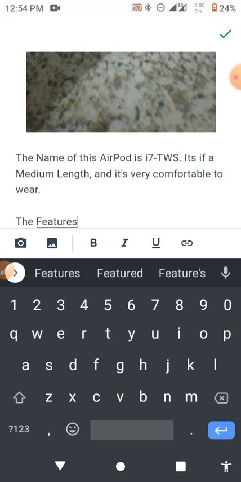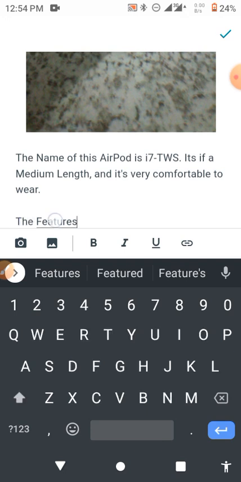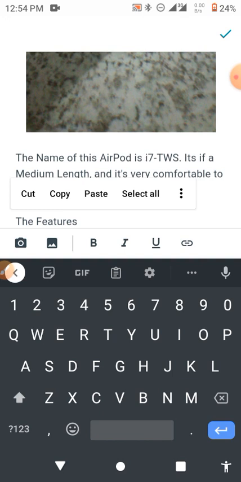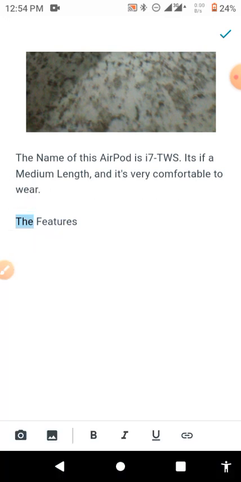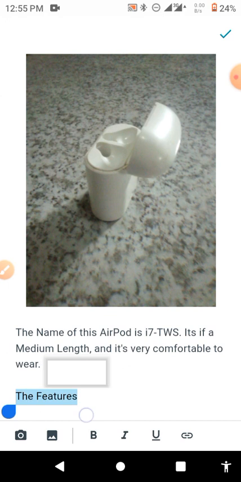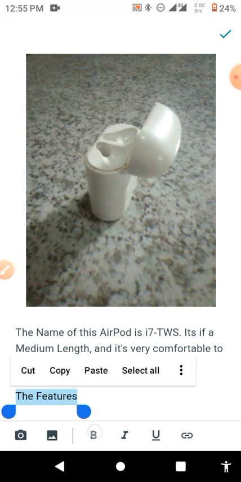Then if you want to bolden this text, you're going to highlight it by double clicking on the first word or from where you want to highlight. So you're going to double click on it. It brings this highlight cover, and then you're going to highlight it. Sorry, it's blocking here. Okay, features,